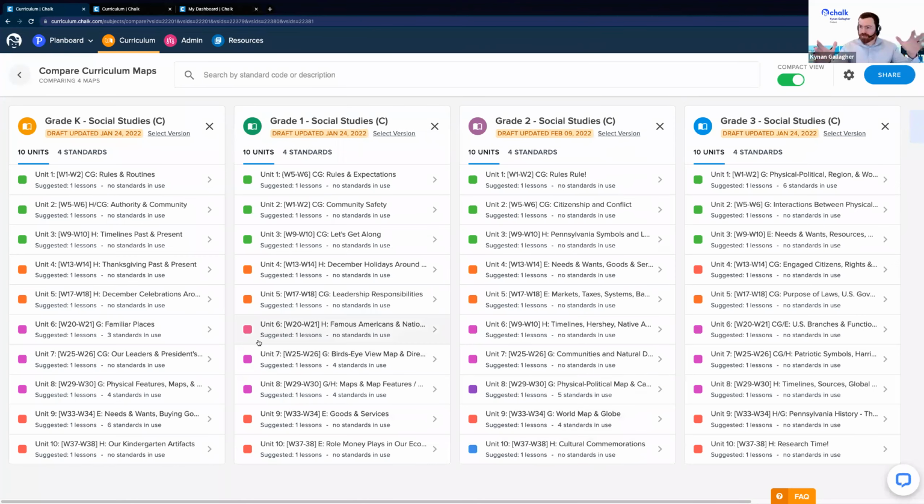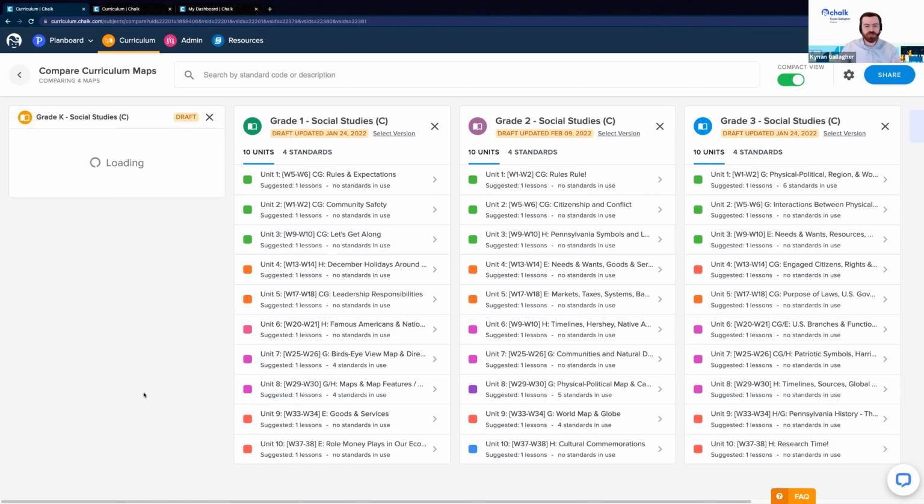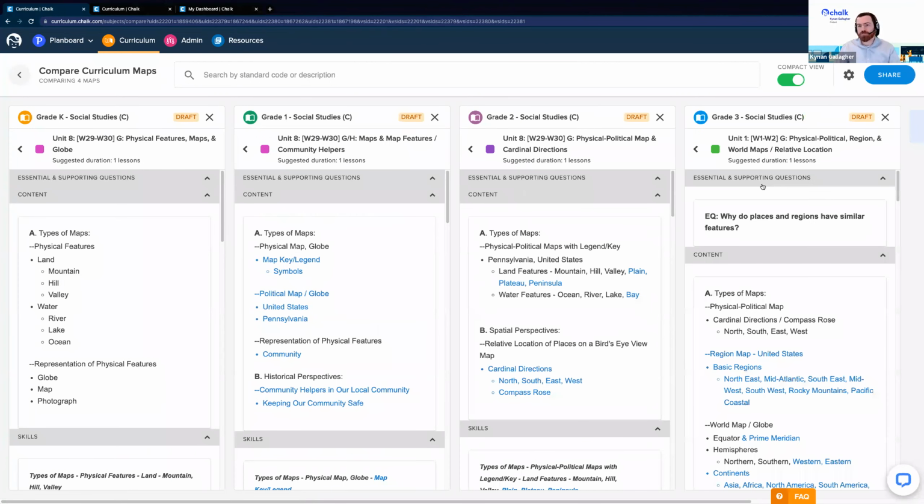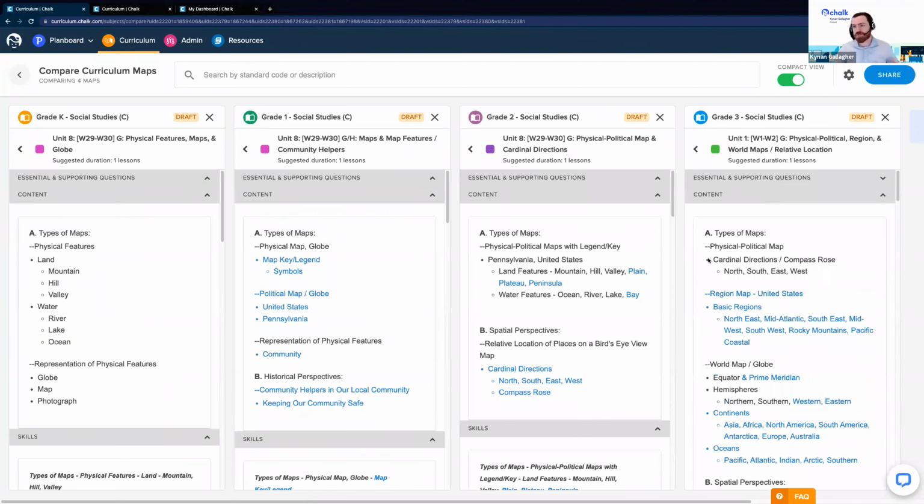And then at a first glance, we'll see a high level overview of each one. So we can see within our grade K, we have all of our different units throughout the year. Same with grades 1, 2, and 3. And then if we want to dive into these, we can just click into the units themselves and jump straight to the content. So in this case, what we're going to try and do is line up our content from kindergarten through to grade 3 and see what those look like side by side, so that we can have those conversations or take this view and save it so we can refer back to it later or share it with our colleagues very quickly and easily. So you can do a lot of different things from this perspective of looking through the maps.